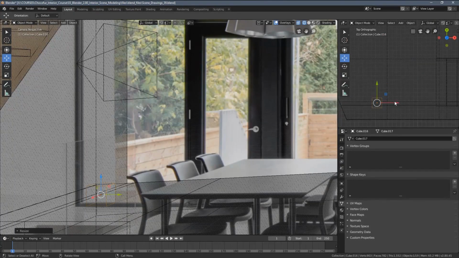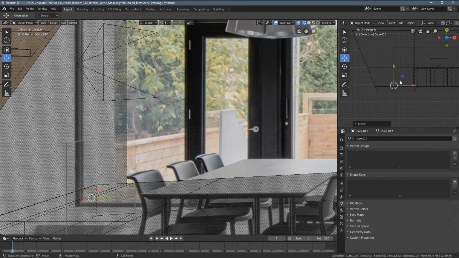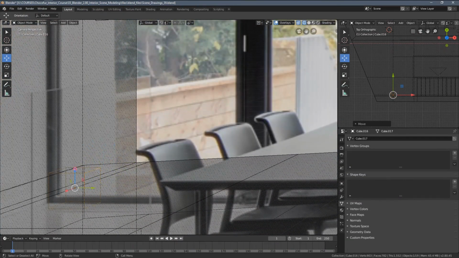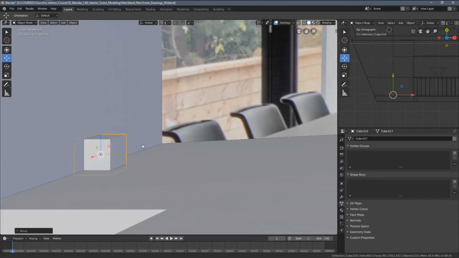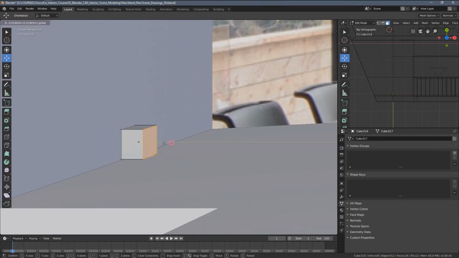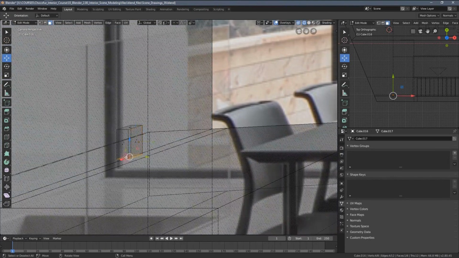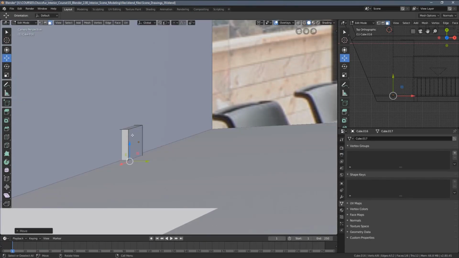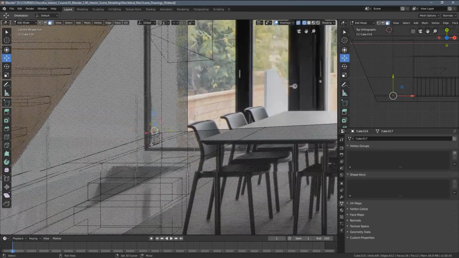But since we have a top view enabled here, and the top view is created from the technical drawings, I would say more or less our window will be placed here. So I'm just gonna use this very basic cube to just mark